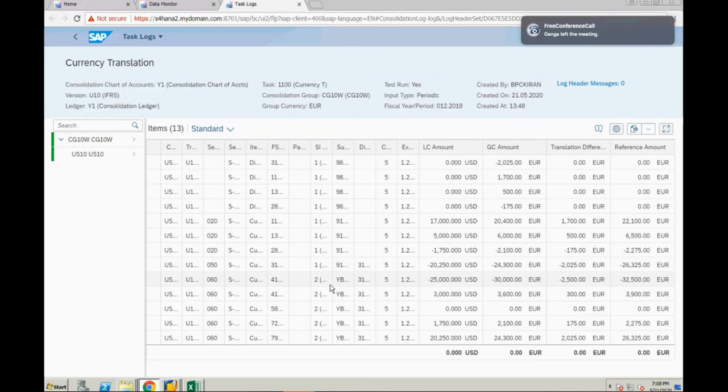Here you can see, as I said, based on non-historical accounts, historical accounts, based on P&L, retained earnings, net income, I already configured some business rules. Based on that, the system is converting the amount. Here you have the currency translation difference account. For currency translation, there is a separate transaction type available.